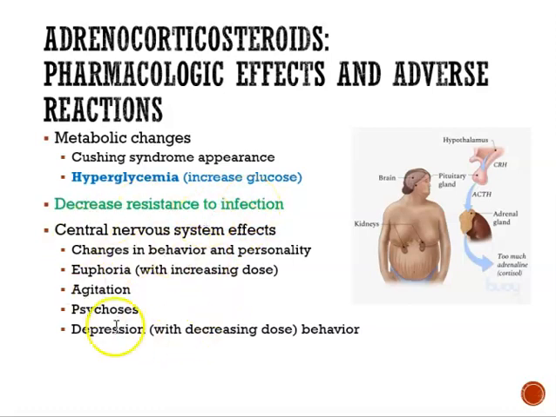It can also play with our behavior. So it can cause depression. We can get agitated. This means that we can get troubled or nervous. Sometimes you can get euphoria if you're taking a lot of medicine, for example, then you can get very excited and happy. So it does play with our behavior. It could potentially play with our behavior.